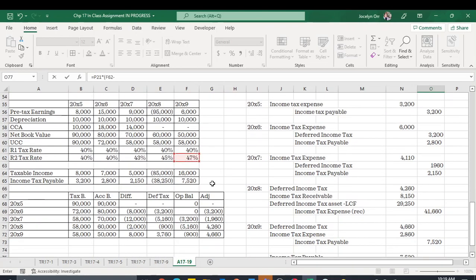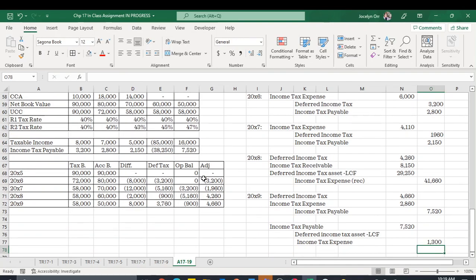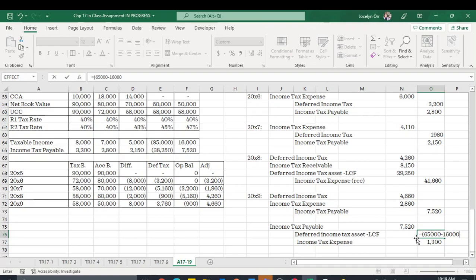So 47% minus 45% is going to give me an amount of $1,300. Okay. In terms of my deferred income tax, I'm going to take the $65,000 and I'm going to subtract out the $16,000 that was used up in this year. That's going to leave me an amount of $49,000 that I'm going to multiply by my 47%, and it should give me,